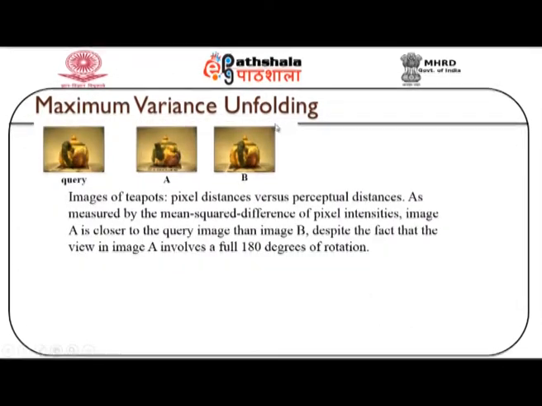So, this is an example of the maximum variance unfolding technique. We have the query image, and then we have two images A and B, which are images of teapots. The pixel distances versus the perceptual distance is shown here. As measured with the mean square difference of the pixel intensities, we can find that image A is closer to the query image than image B, despite the fact that the view in image A involves a full 180 degrees